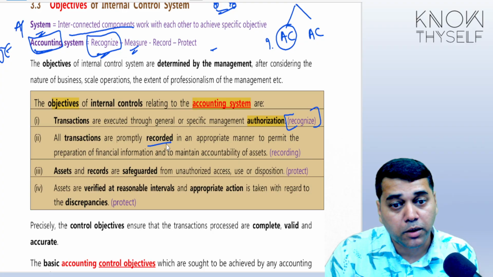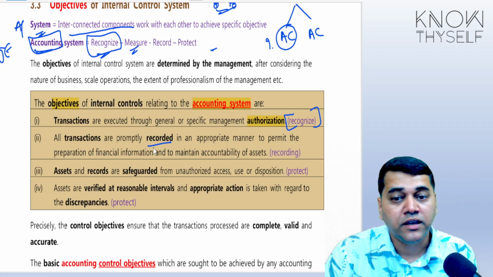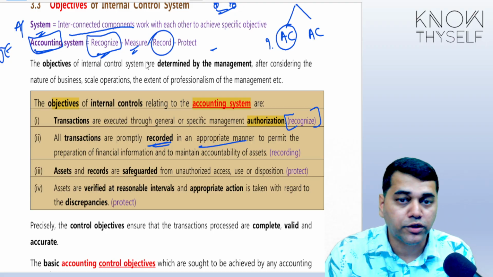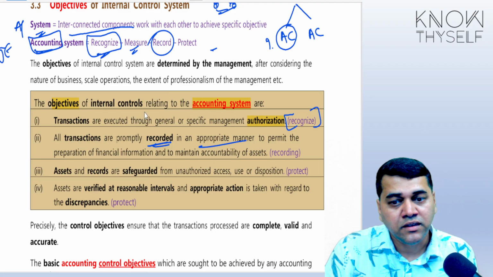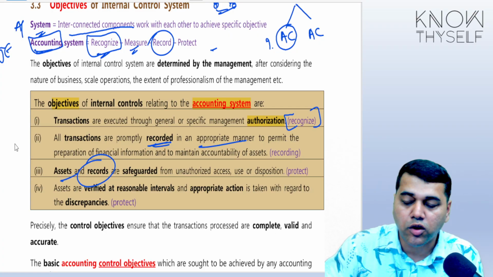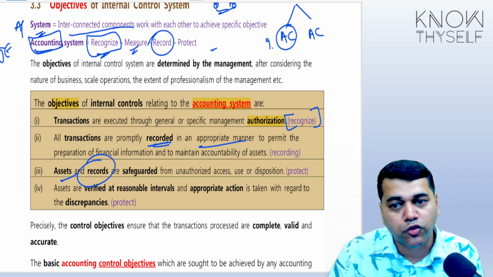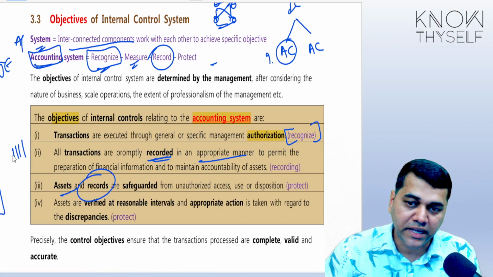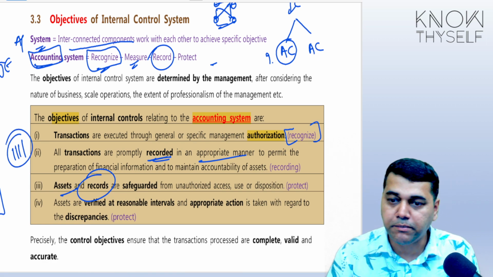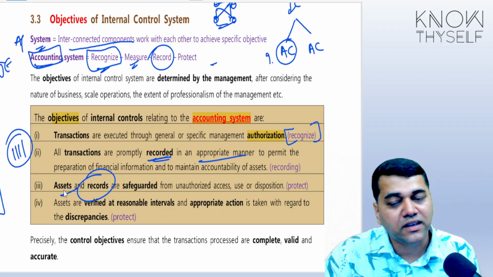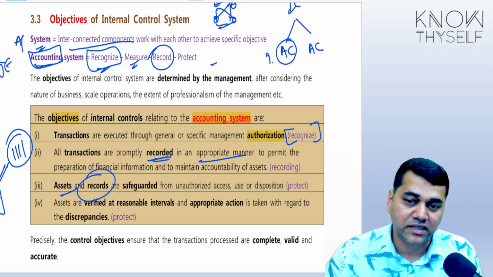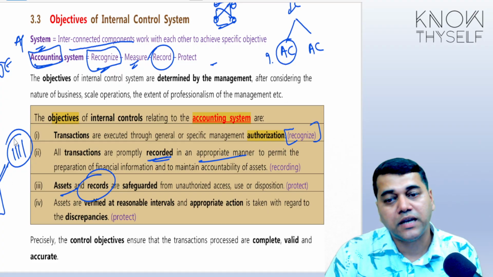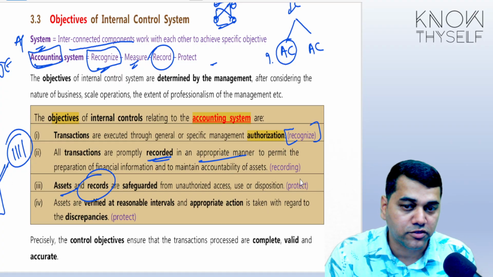Second, you need to have proper recording controls, so all transactions are properly recorded in the appropriate manner. Whatever you are going to record, measurement, they have mixed it. Then assets and records: you have counted how many pencils you have got and you have made a note, okay, there are 4 pencils. This is a piece of paper on which you made a record, and these are the 4 pencils. Somebody can take this, or somebody can manipulate this. So you need to protect both, not only the assets but also the number you recorded, which represents the reality. So this is about the protection.